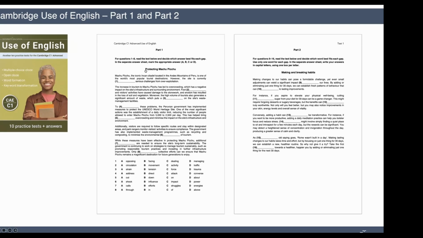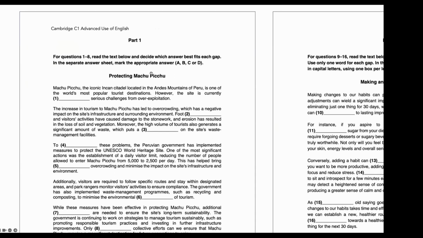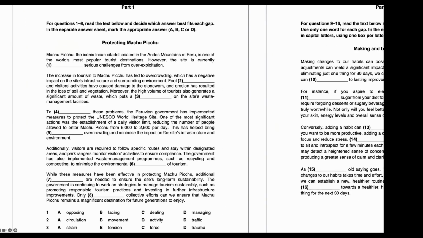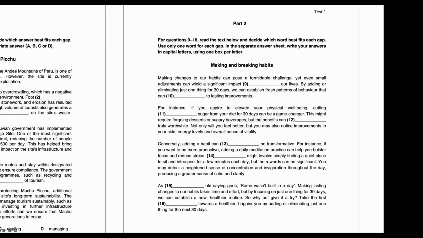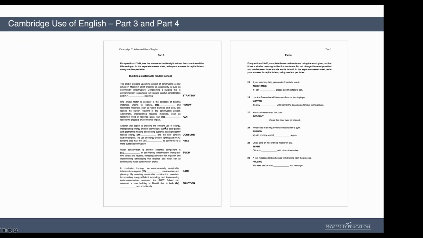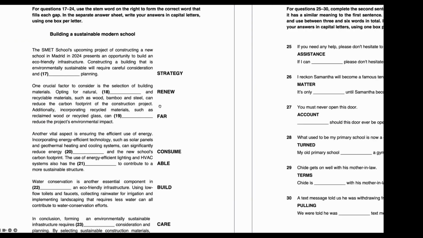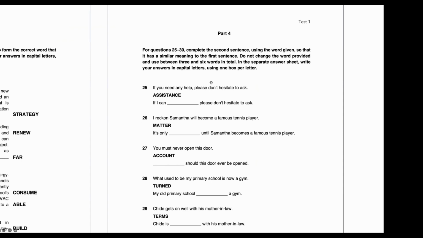I'll zoom in quickly. As you can see, the use of English part 1 is multiple choice, and part 2 is what we call gap fill. I'm sure you're very familiar with this. Part 3 is a word formation, where students, as you know, are given a root word to transform. And part 4 is a keyword transformation. And this, interestingly, is an area that we know that students require extra practice in. So we have, in fact, produced several resources that focus specifically on part 4 of the use of English paper,